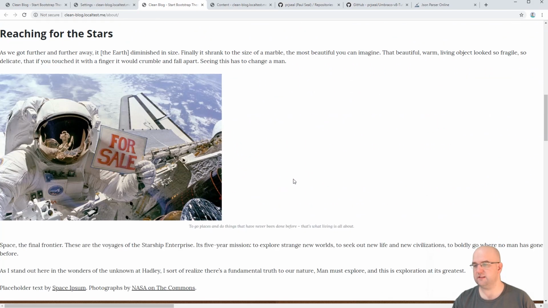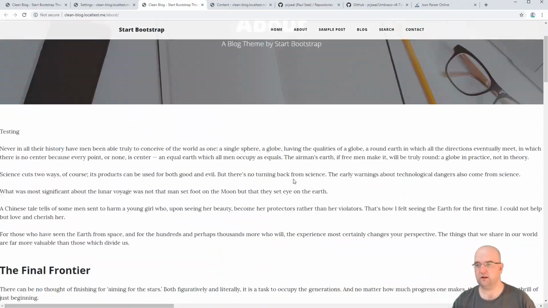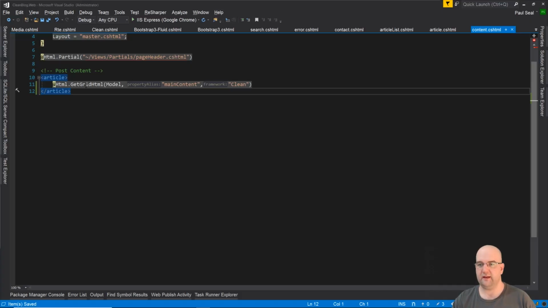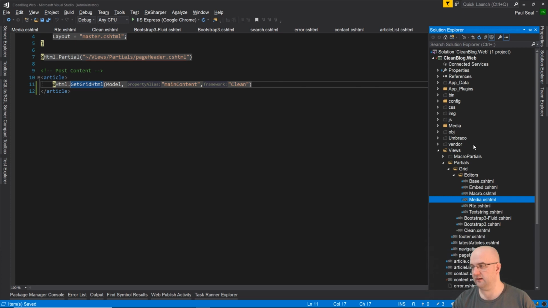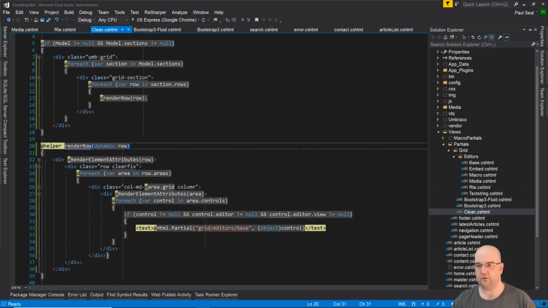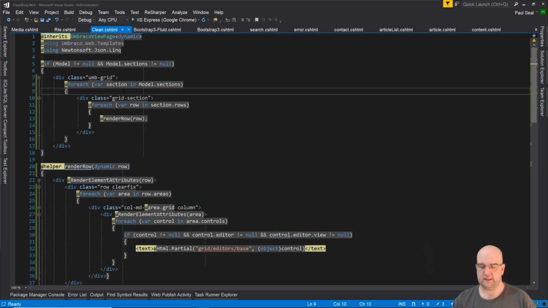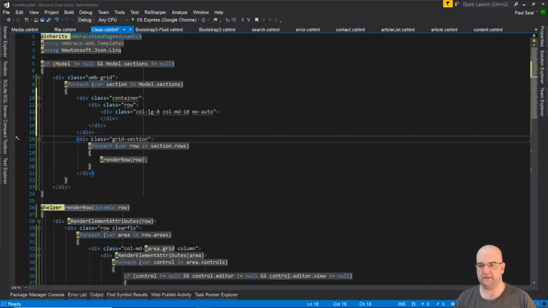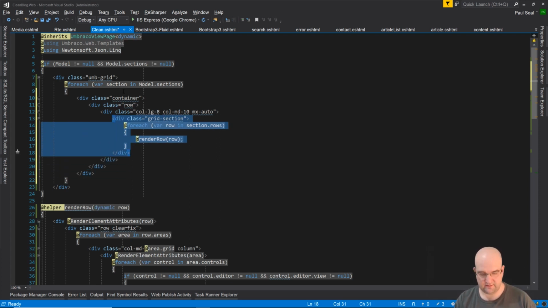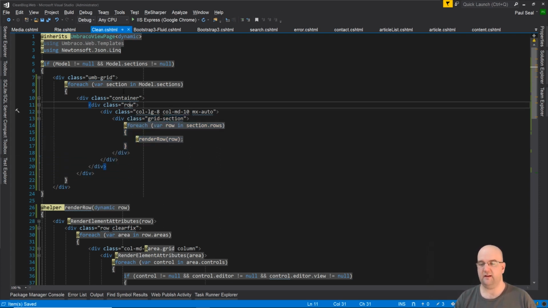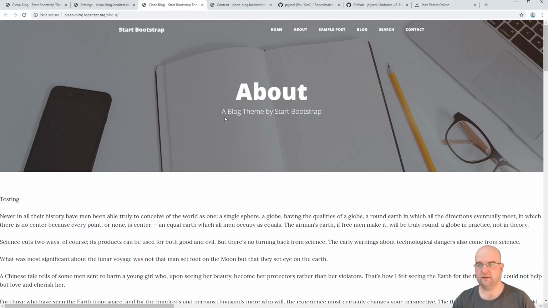So you'll see that it uses the full width of the page and it still looks quite ugly. So if we go back into here and we go into the grid, the clean framework that we've created, what I want to do is in here, I just want to paste that in, and then I want to put that in like that. So now it will render each row inside one of these container rows and what have you. So if we save that and then we refresh,